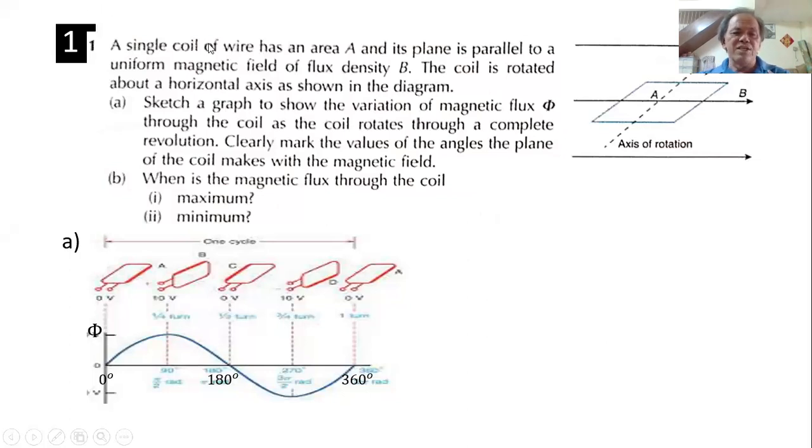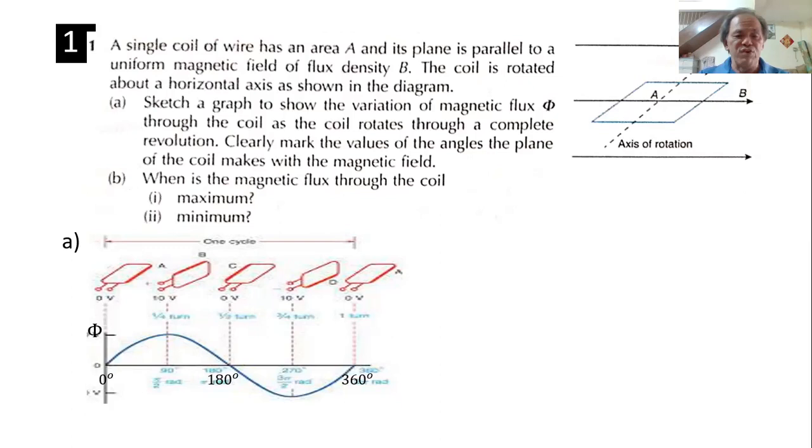Okay, a single coil of wire, and its plane is parallel to the uniform magnetic field of flux density B. You're supposed to assume that it's 3 dimension. This is horizontal. The coil is rotated through a horizontal axis as shown in the diagram. So the dotted line is the axis. It's turning around. Sketch a graph to show the variation of magnetic flux through the coil as the coil rotates